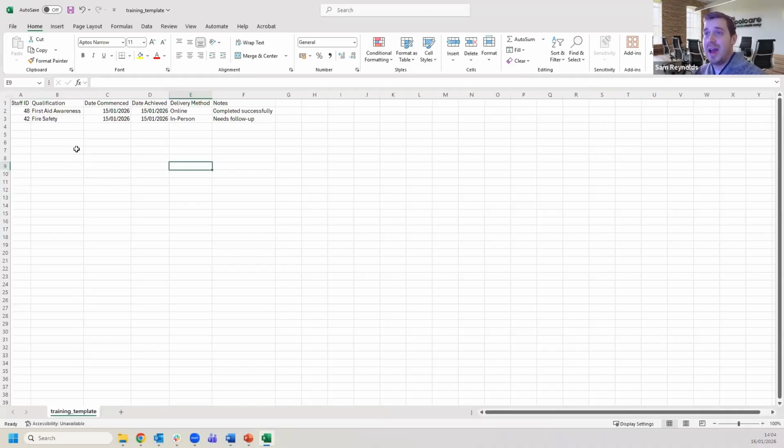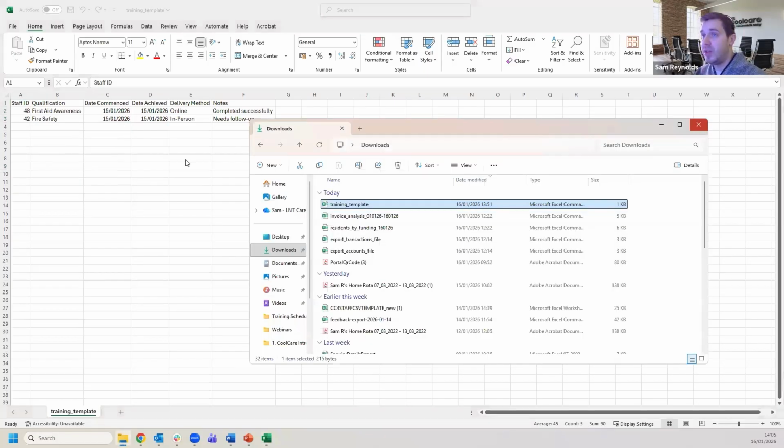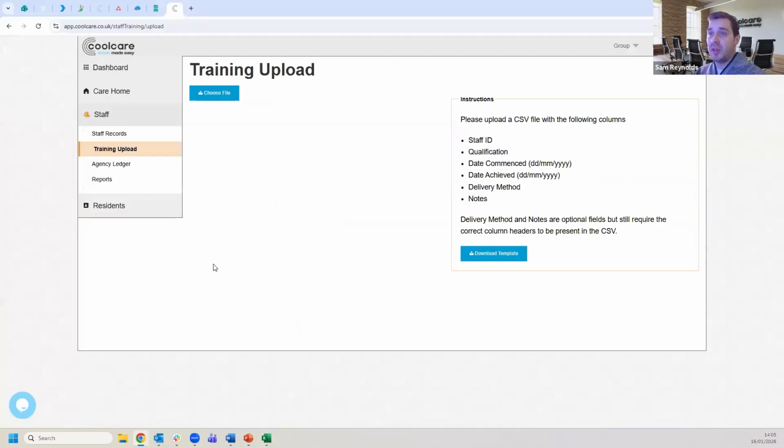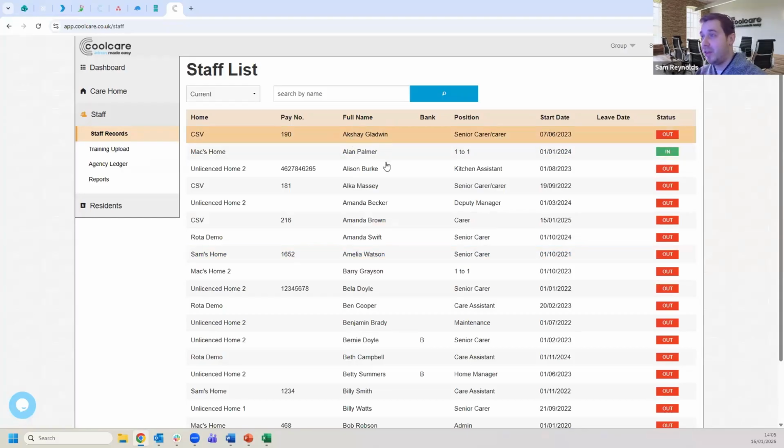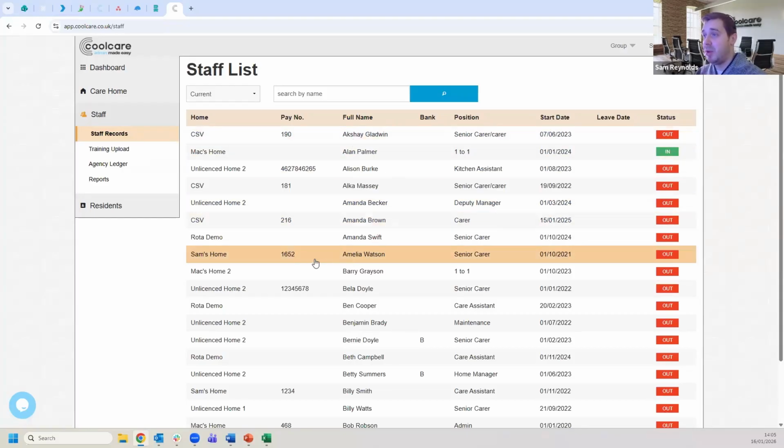The main thing that you're going to have to get out of CoolCare is this staff ID on the left-hand side. The way that works is, I'll just close that. It's not where you might think it is. If I go to staff records, the simple thing is, it's not the payroll number. You might think that's an ID, but it's actually not. Instead, what you need is from each staff member. If I click into a staff record on the system,